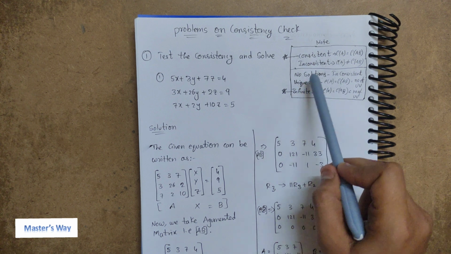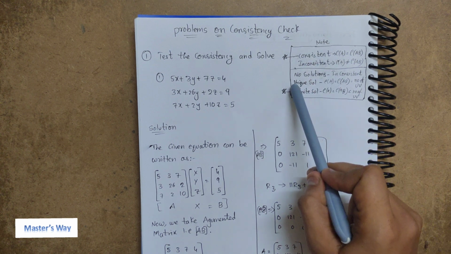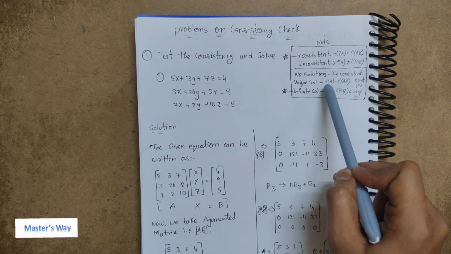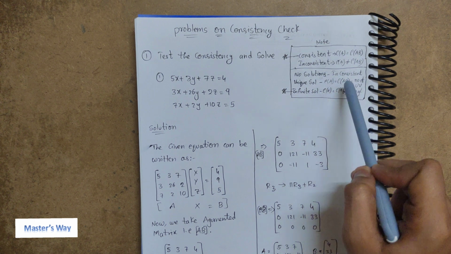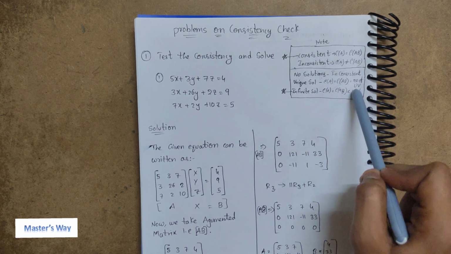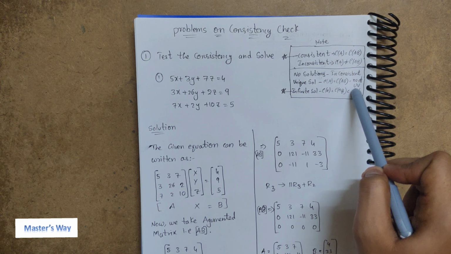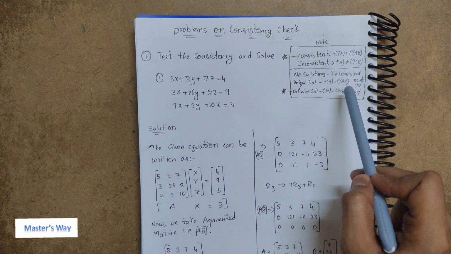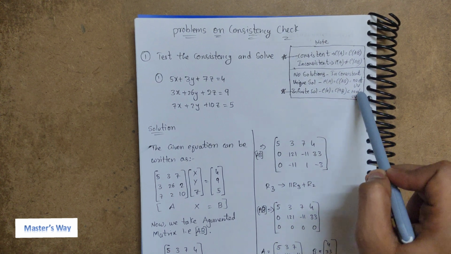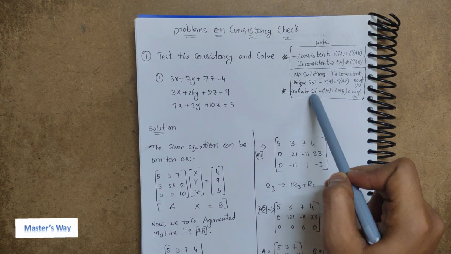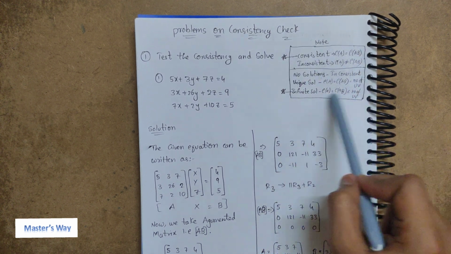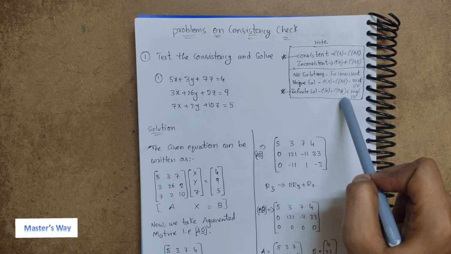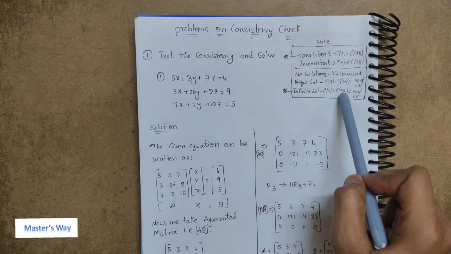When the system is consistent, then we have unique solutions only when it satisfies this condition: rank of A equal to rank of AB and equal to number of unknown variables. Now when the system is consistent and rank of A equal to rank of AB but less than number of unknown variables, then there are infinitely many solutions. Please note this in your paper so that you will understand in which conditions what will be the procedures. Let's see some example for each of the concepts.